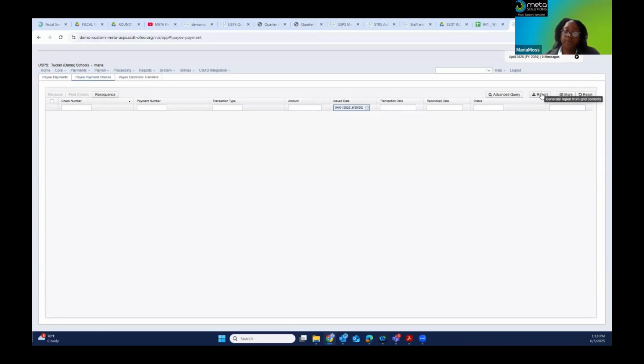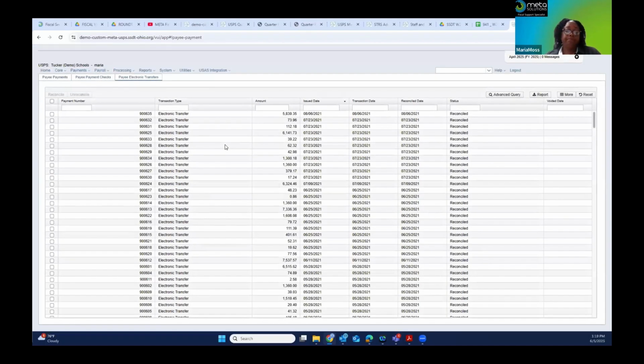You can click report and that report will produce a grand total on that page that you can balance to your W-2. You'll want to do the same exact process to your electronic transfers. Step D is to balance gross amounts with your W-2 report to all pay reports for the quarter. Step E is if errors are discovered, check employees that had exceptions processing during the quarter, such as voided checks, error adjustments, or adjustments, and you can run an audit report to help assist you with that.